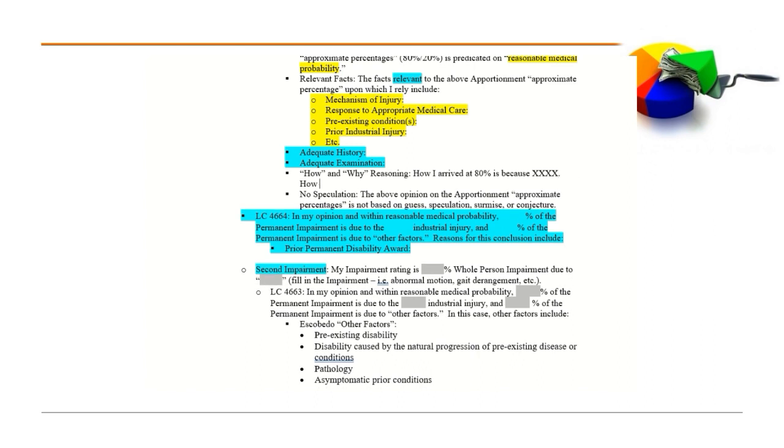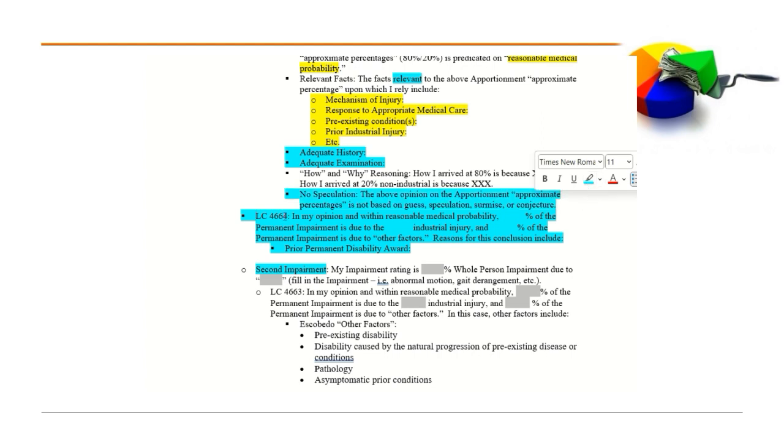And also tell us how you arrived at 20% non-industrial is because XXX, and tell us your reasons as to how and why you chose those particular numbers. Confirm for us that there's no speculation involved,